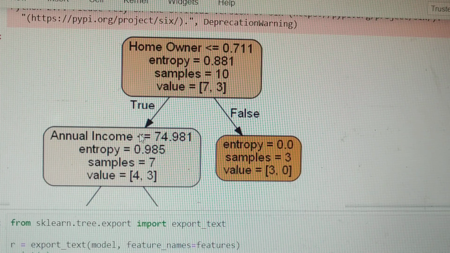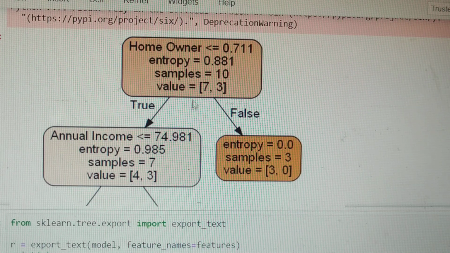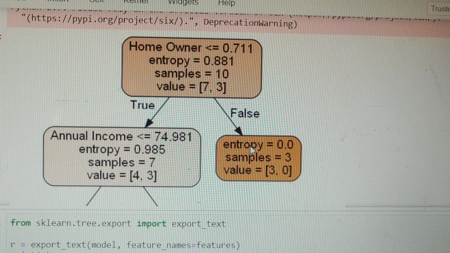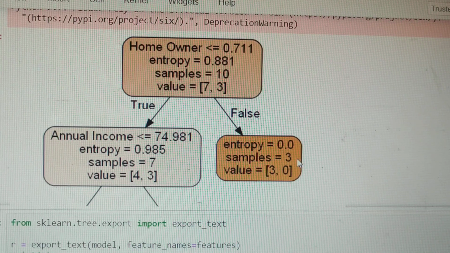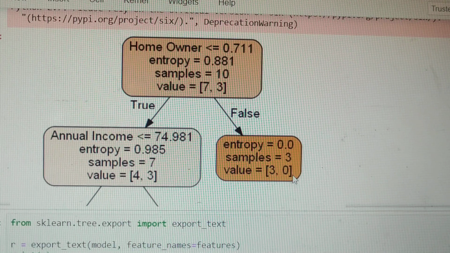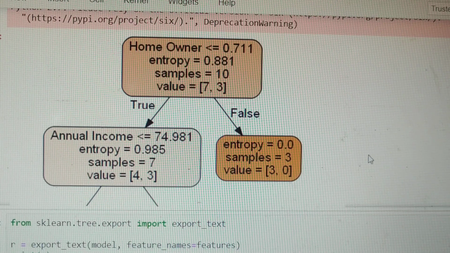If the condition is true, then there are further conditions to check. But if it is false, then 3 of the samples have a value of 0. So value of 0 means what? Value of 0 means no, these people will not be defaulters.